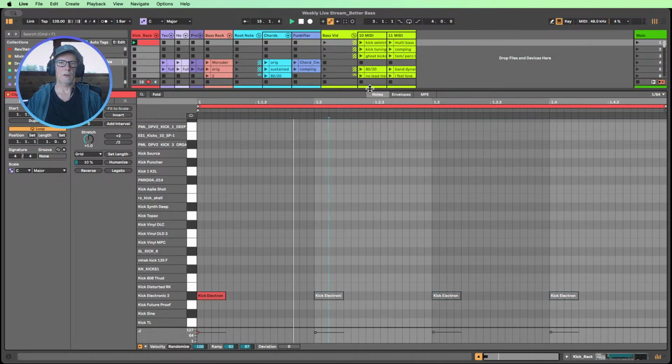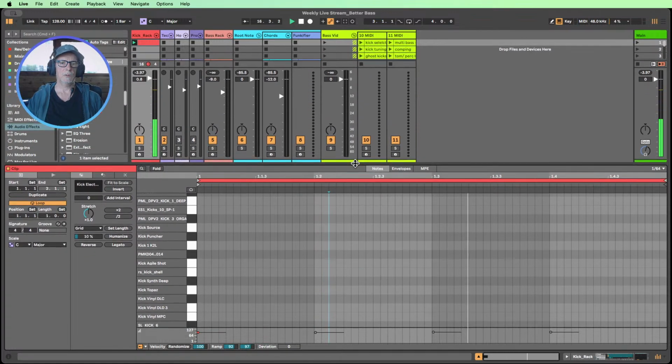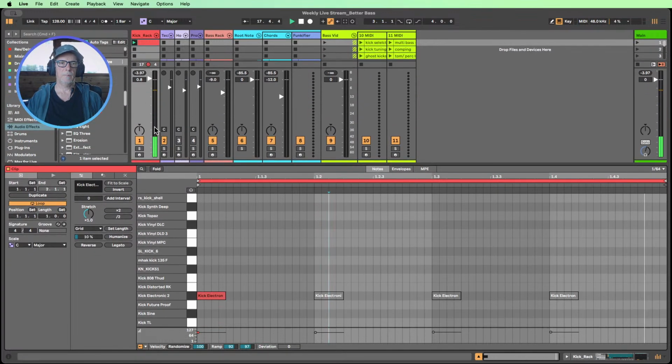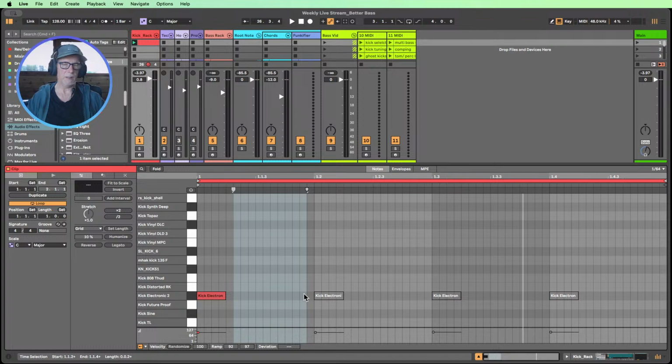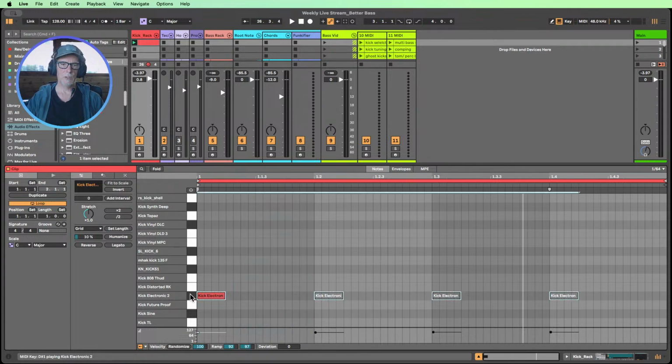Now it's not dying out to silence, and if we pull this down a bit, you can see over here on the meter that it doesn't go to silence even by the end of the bar. It's re-triggering before it's even faded to complete silence. So we know that's going to overlap that second kick, and if we've got a bass line involved in this equation, then in the space between the kicks where we might be putting our bass, this kick drum is going to be all over the top of that. They're going to be colliding 100% for sure. Let's try out a couple more here with the big boomy kicks.